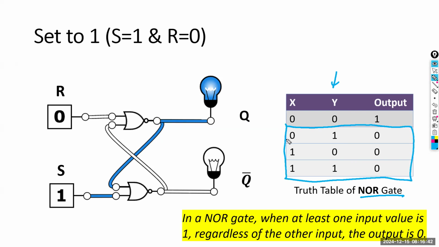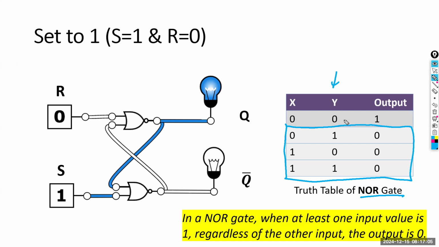We don't care about the other one. When this is 1, this is 0. When this is 1, this is 0. When both are 1, also it is 0. So that means if at least one is 1, we don't care whether the other is 0 or 1, the output is 0. But you can't say something like that when the first input is 0, because when the first input is